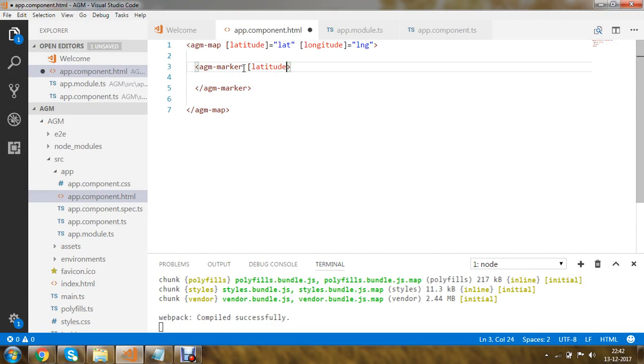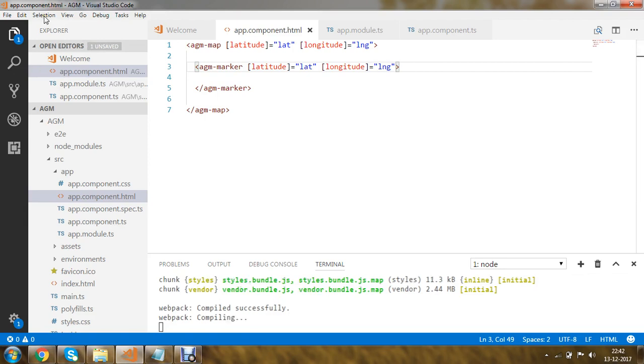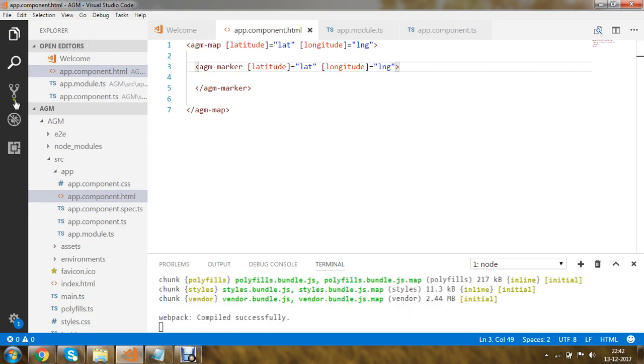It is going to create a marker on this latitude which we specify, and again I'm going to make use of longitude, and within this I'm going to specify my value lng. Now I'm going to save all this application and we'll see the desired result.